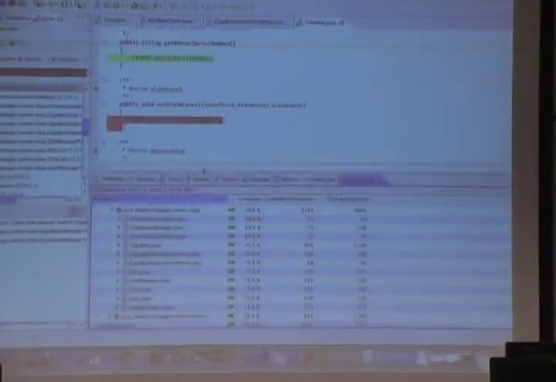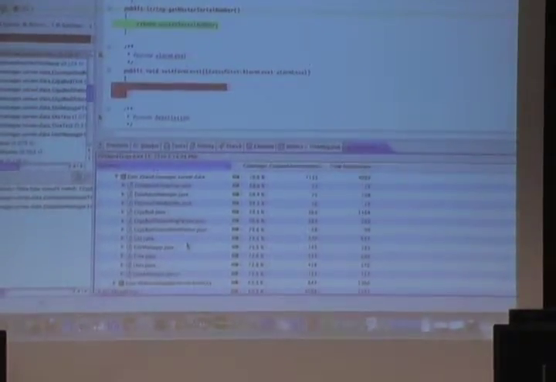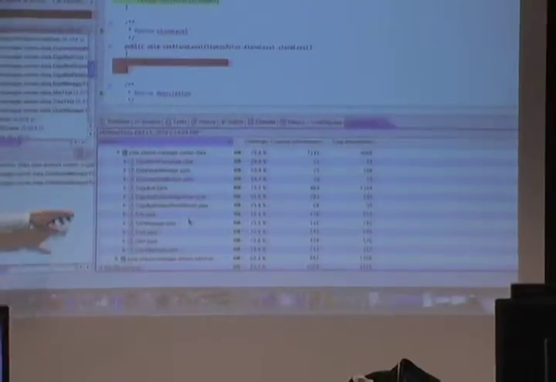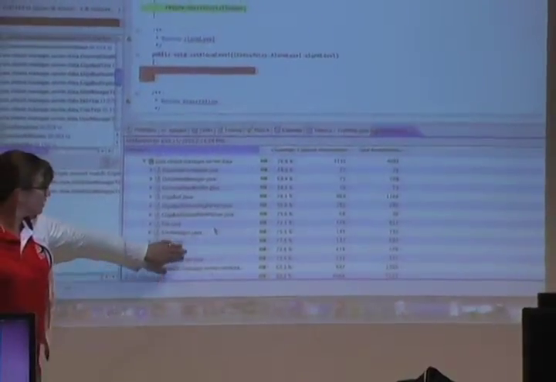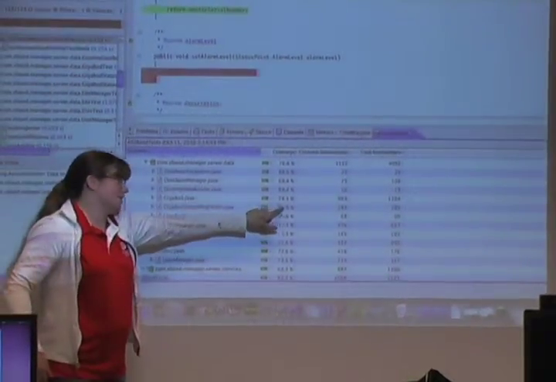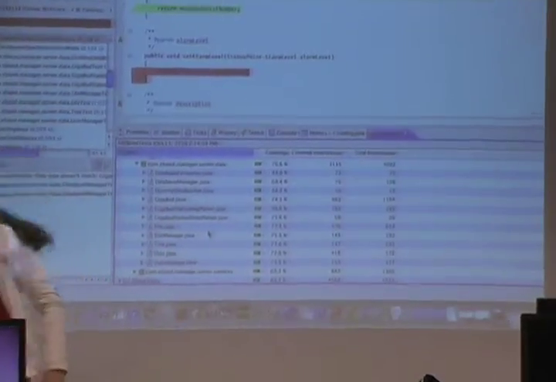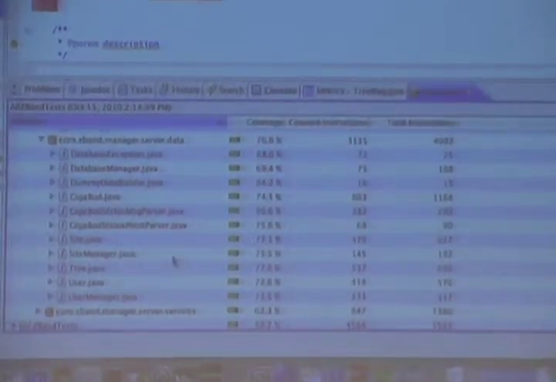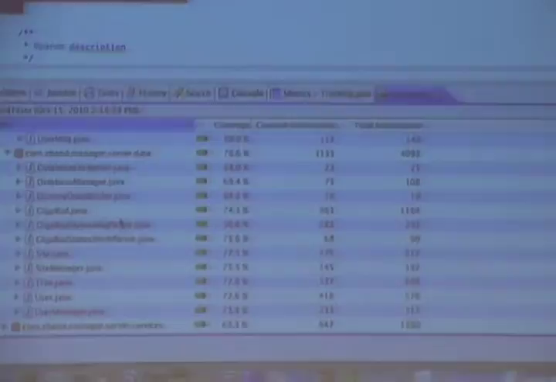This package is a package that actually interfaces with the database to store and retrieve information. So I would like to know that these have very good coverage. Like, I really like that that one has 96% coverage. That's pretty awesome. If we pick one on the lower side,